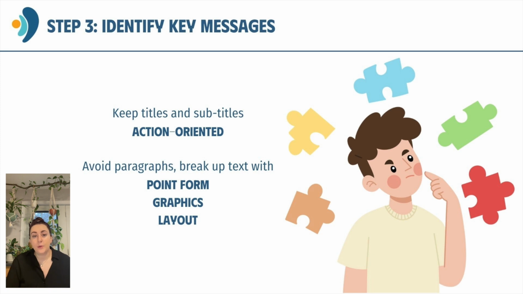So the next step is to identify your key messages. And what I mean by this is picking the things you want the individuals to be walking away with. Obviously, when we're communicating things, we, as the individuals who are trying to communicate, think that all of this content is important. But in reality, we know that people only take away about 3 main points when they engage with different content. And so identifying what those key messages are early on can again help you decide where